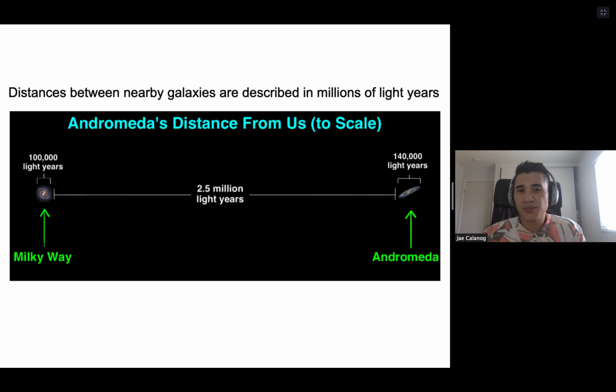Fun fact, Andromeda is one of the only galaxies that's moving towards the Milky Way. Everything else is moving further from us with time. So in a couple billion years, the Andromeda and the Milky Way are going to be involved in a head-on collision. That's going to be pretty incredible to watch if we're still around as people.